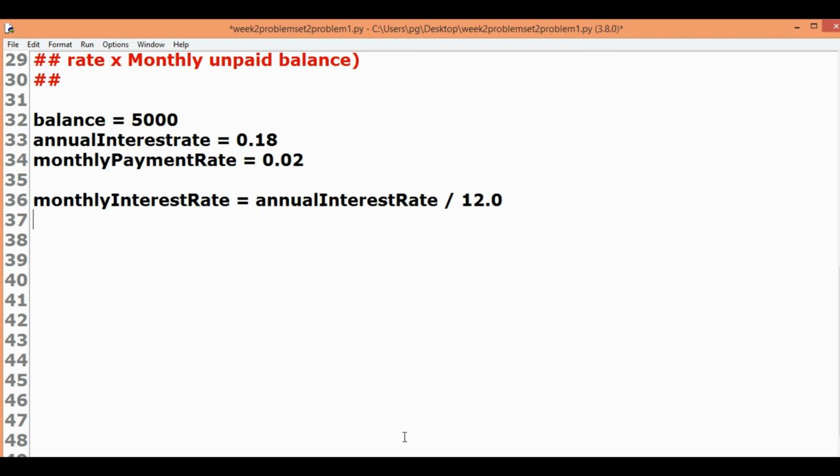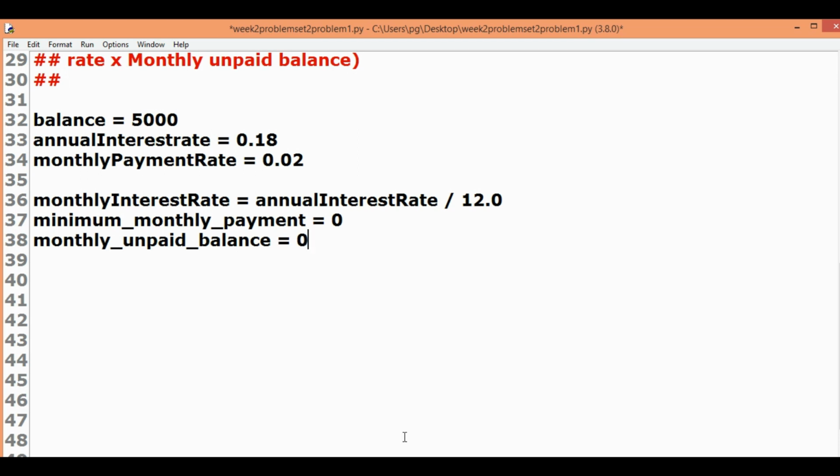Then minimum monthly payment is equal to 0. Monthly unpaid balance is equal to 0. Interest is equal to 0.